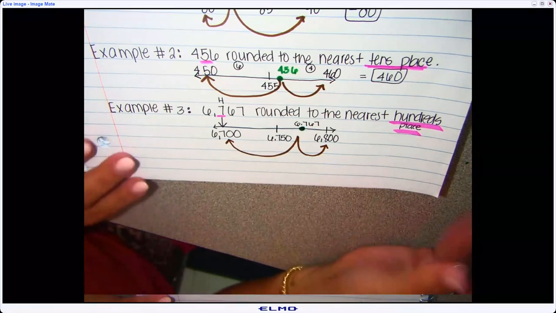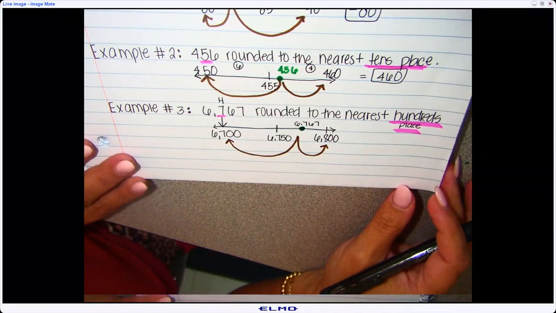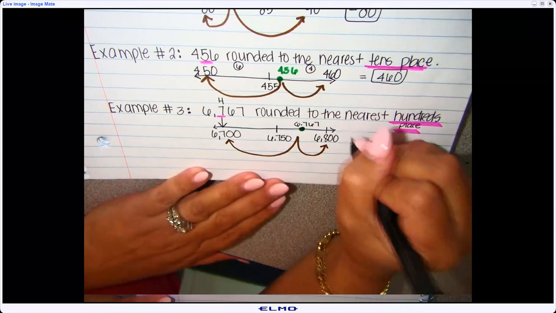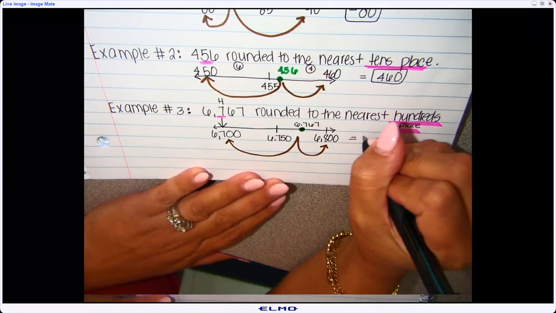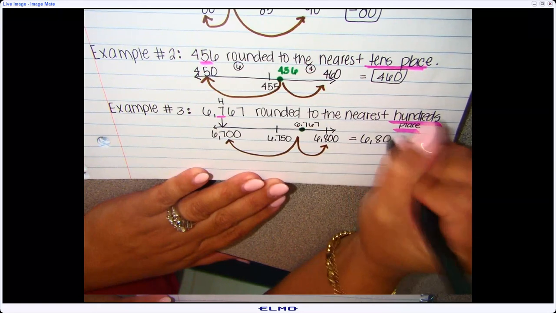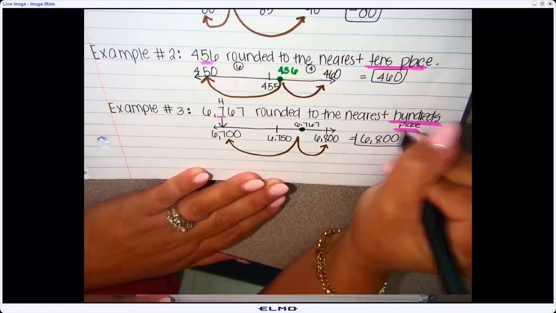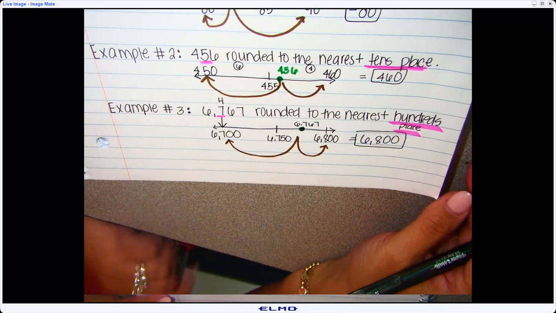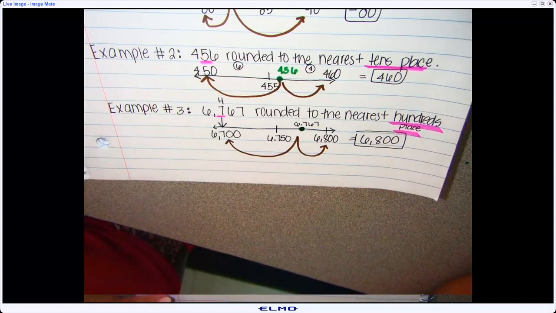Okay, so what's my answer? 6,800. So this number, rounded to the nearest hundred, becomes 6,800. So these are the examples that we are trying together. Now let's put this to practice in our books. In our last book,